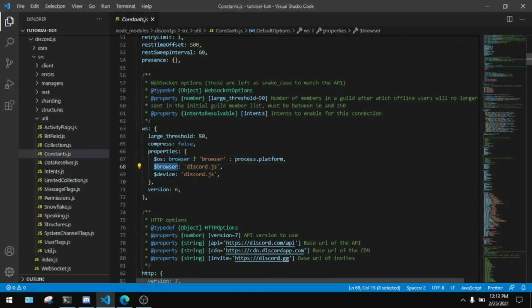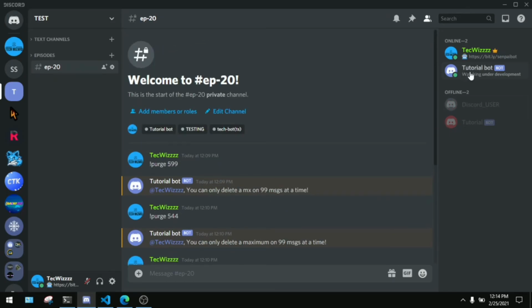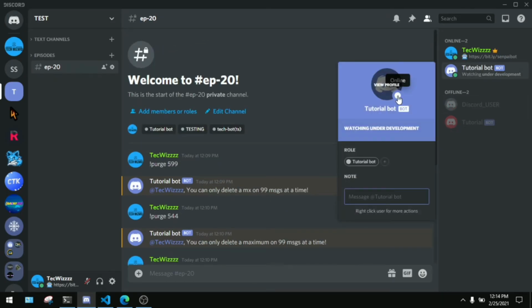This will search for dollar browser, and once you see this, all you have to do is type here Discord Android instead of discord.js. Make sure you make the D and this A capital and have a space in between. If you make a spelling error, this won't work. And all you have to do is now start your bot, and if you go into Discord, it will say,